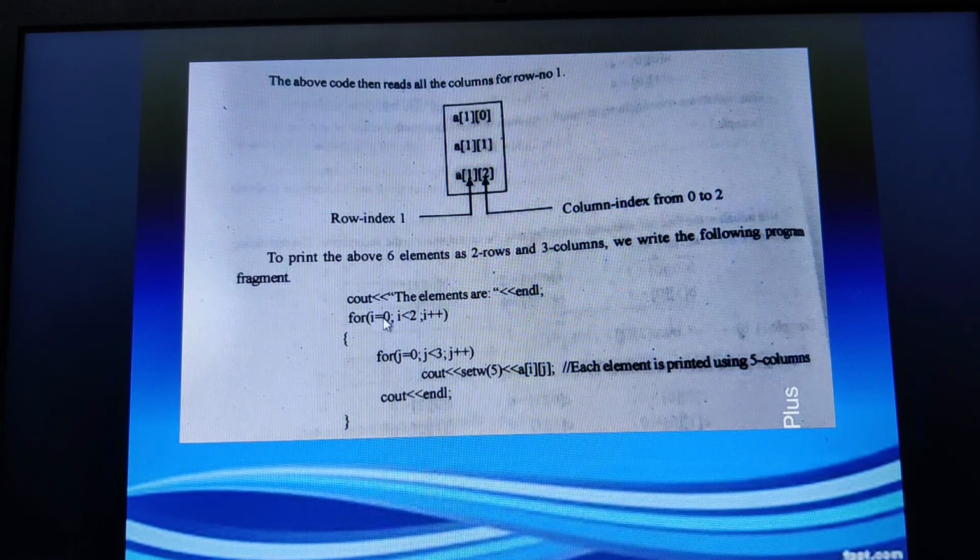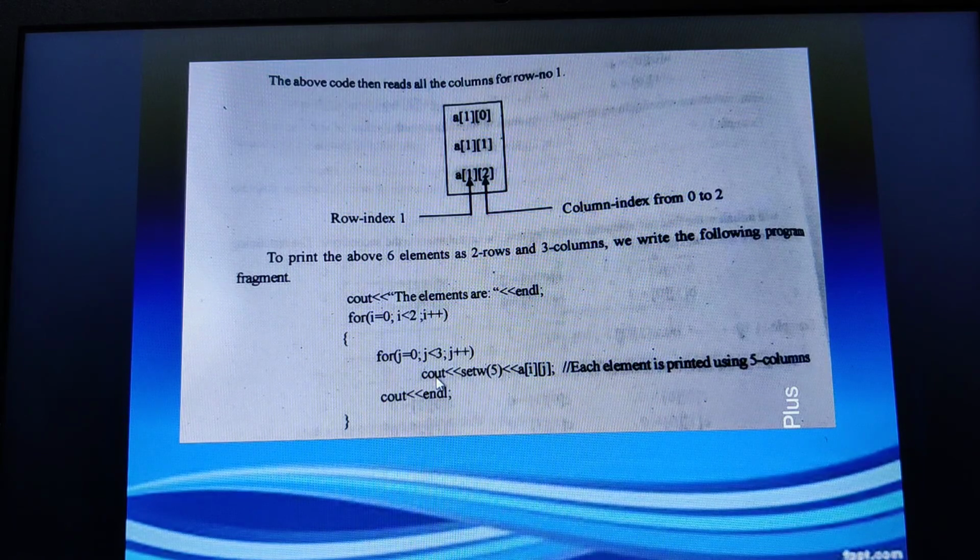So I should start from the 0th row and iterate while less than 2, in the sense row 1 only will be there. Similarly for the columns, the column should start from the 0th location and should be less than 3, and then every time the columns are incremented, so j plus plus.